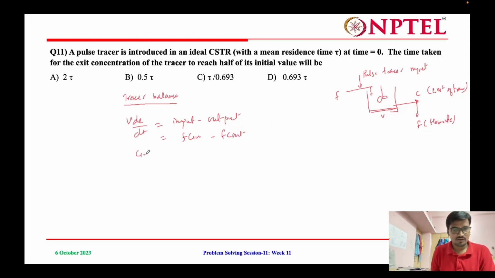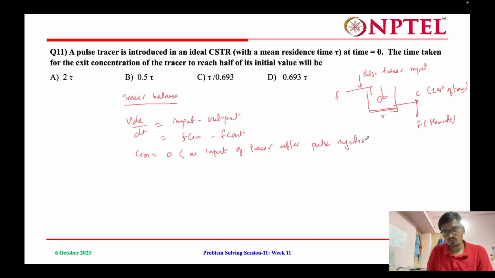Here C in is 0, as there is no input of tracer after the pulse injection. C out is equal to C. So putting this value in the above equation,